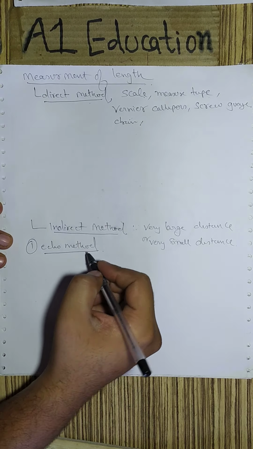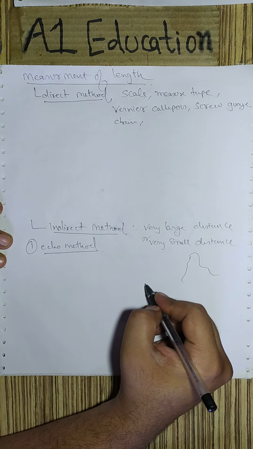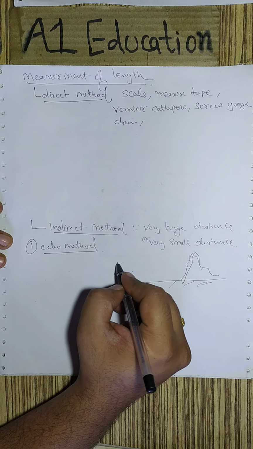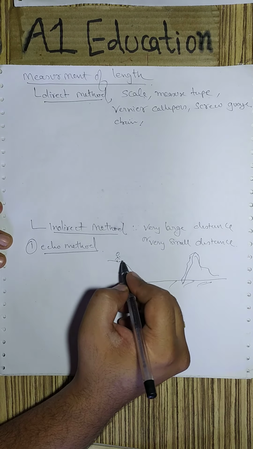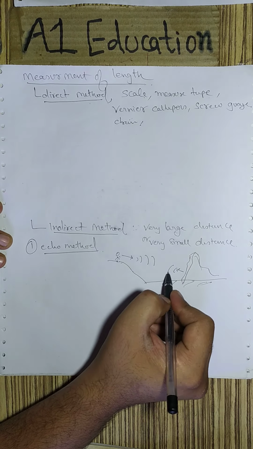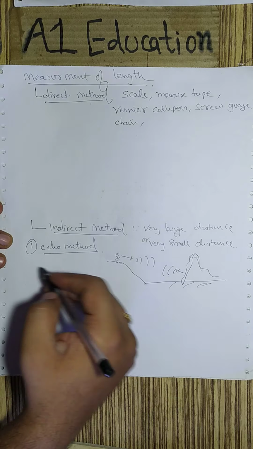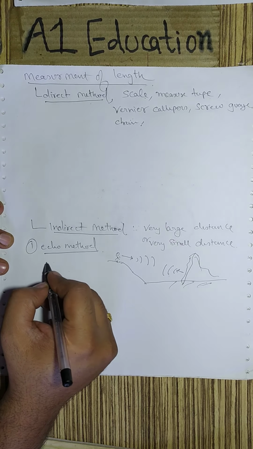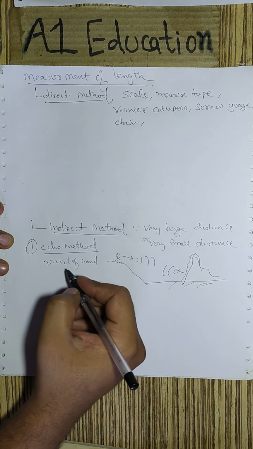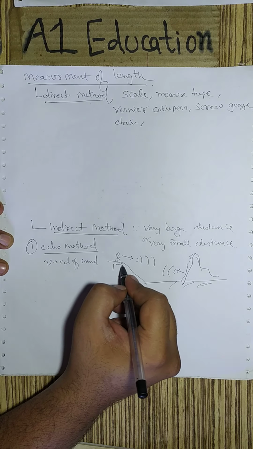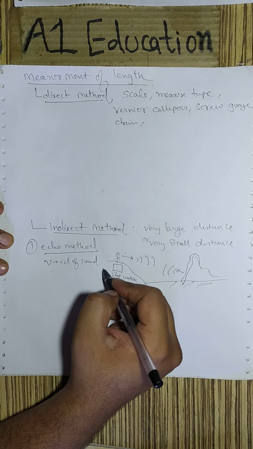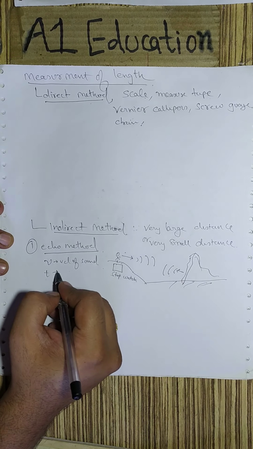Echo method involves a reflection of sound from a huge object. Let's say this is a mountain, and someone from the valley makes a huge shout, his voice travels and then gets reflected back. So based on this we can measure the distance. Let v be the velocity of the sound, and by using a stopwatch, we can measure the time in which the sound is produced and it is reflected back. So that time interval we get.